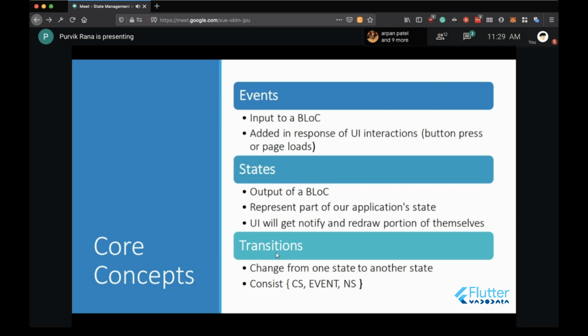That log will contain three things: current state, event, and the next state. So you can easily identify in which state our application was, what is the event that fired, and in which state our application is right now. So that's what the transitions are.